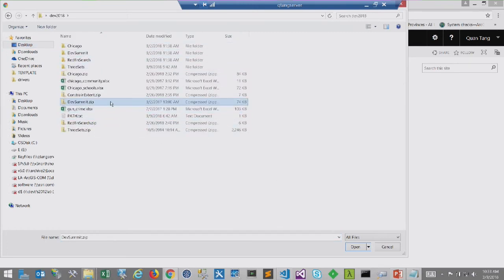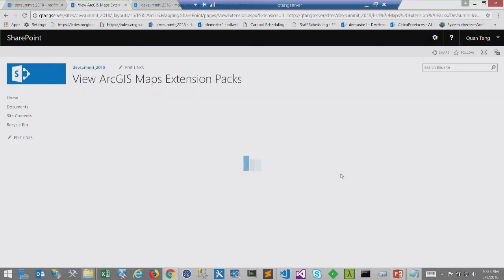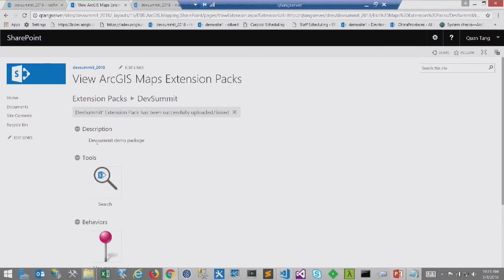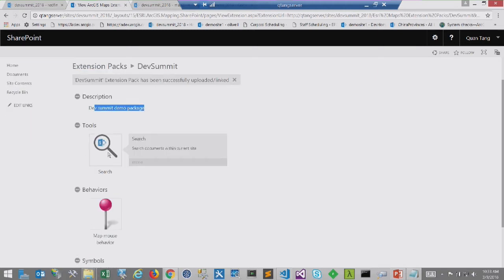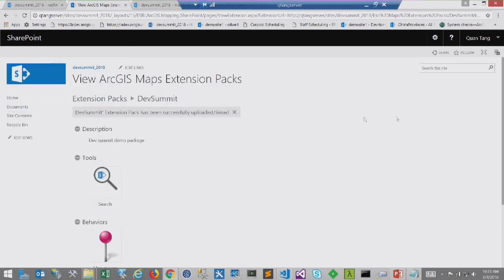If you view the content of the zip file, it will be just a zip file embedding all the manifest files to implementation in a single file. So this file is simpler. The description is shorter. It has only 1 tool, 1 behavior, and 1 simple picture macro symbol set. And the differences between those 3 ways of letting SharePoint know about your extension packages